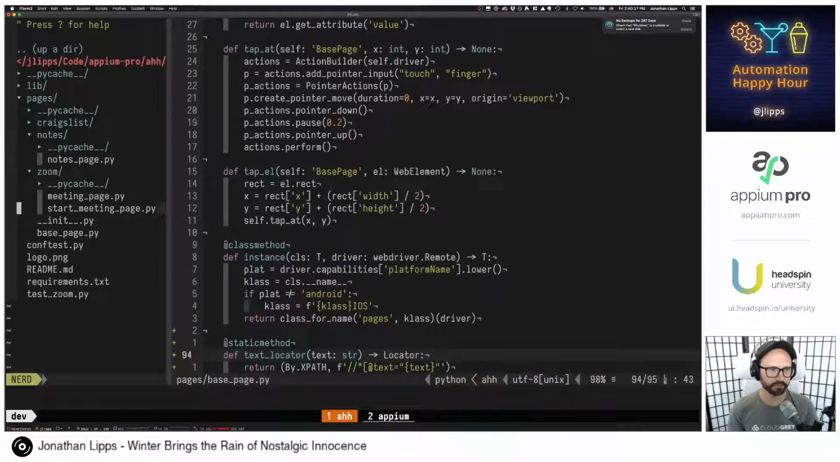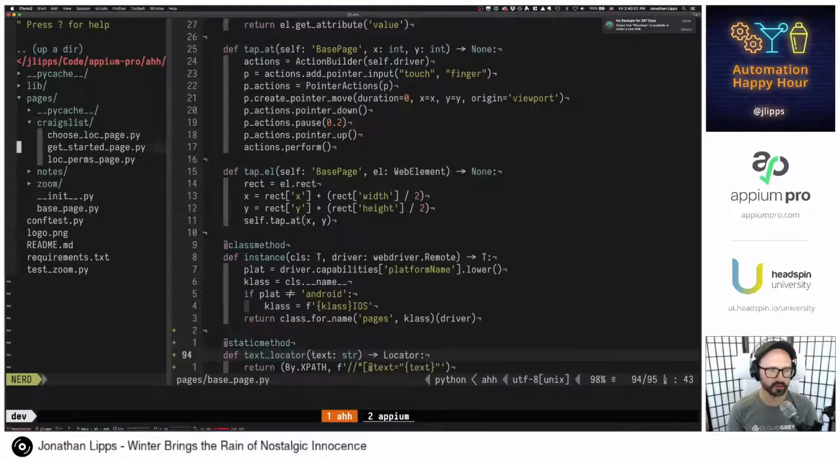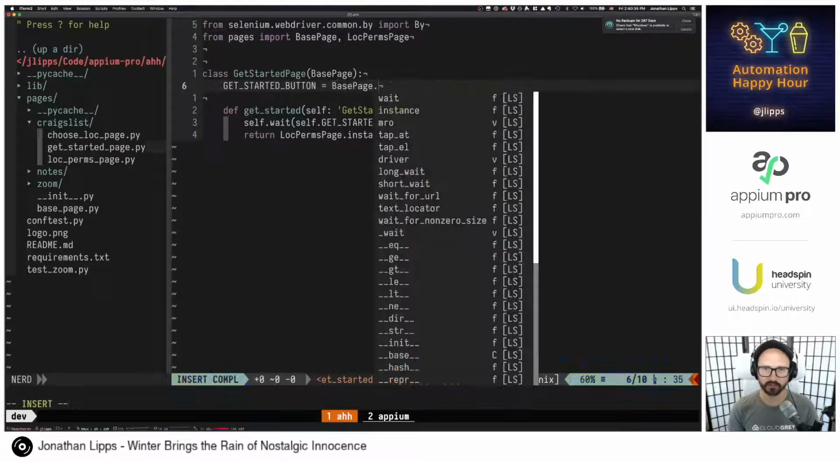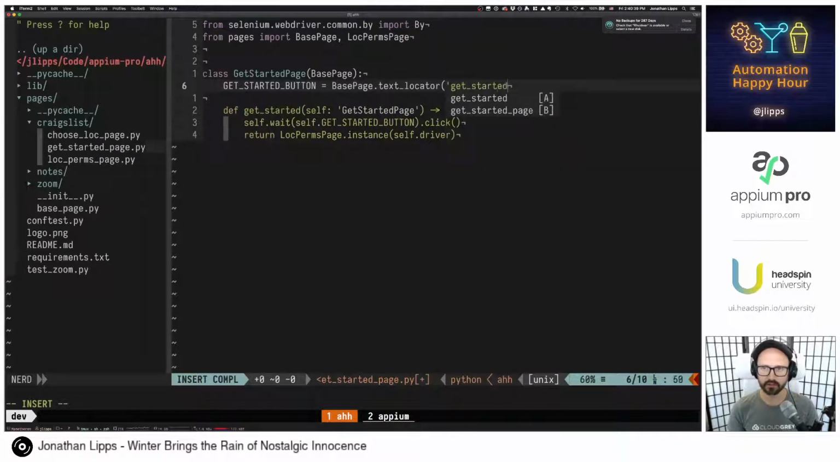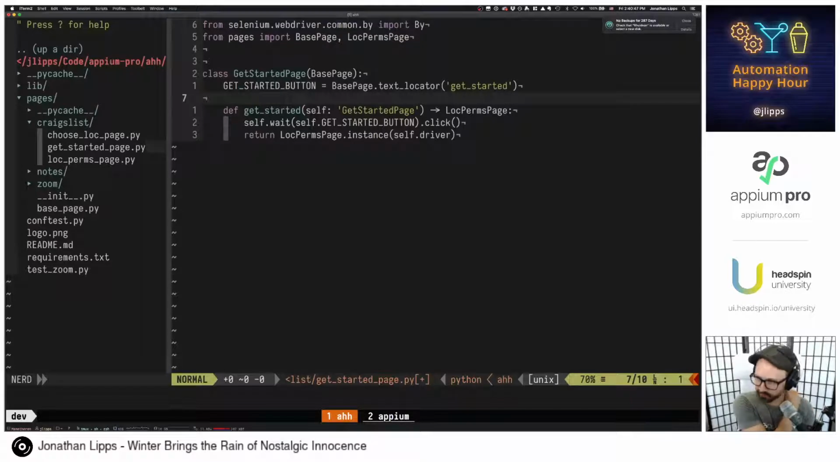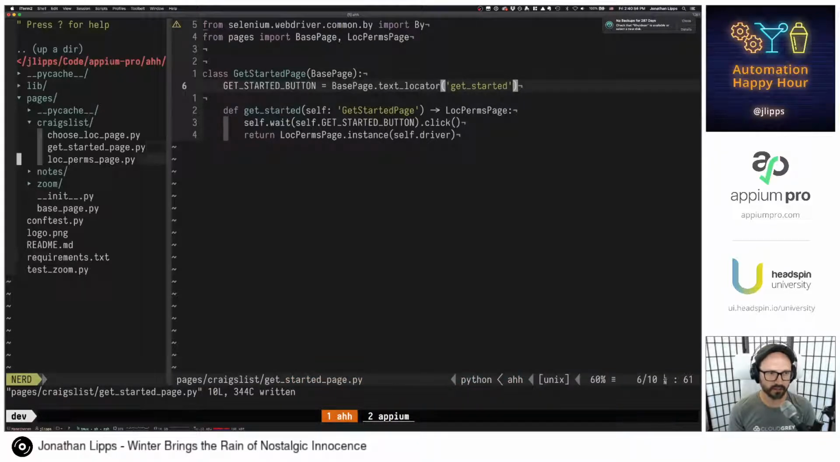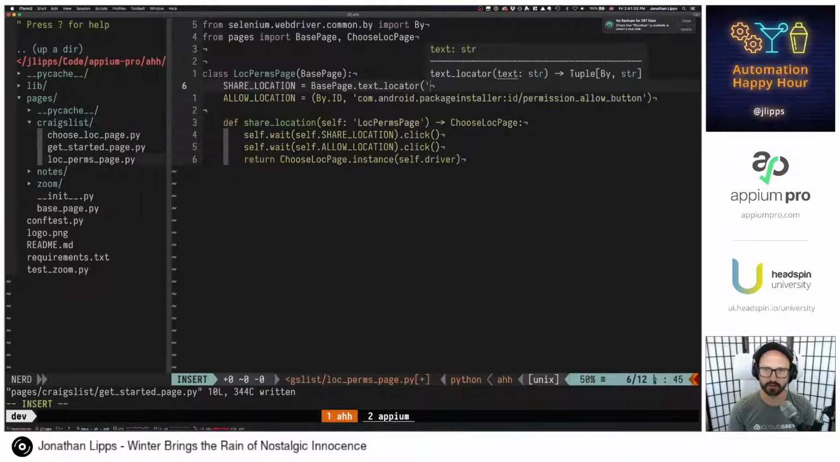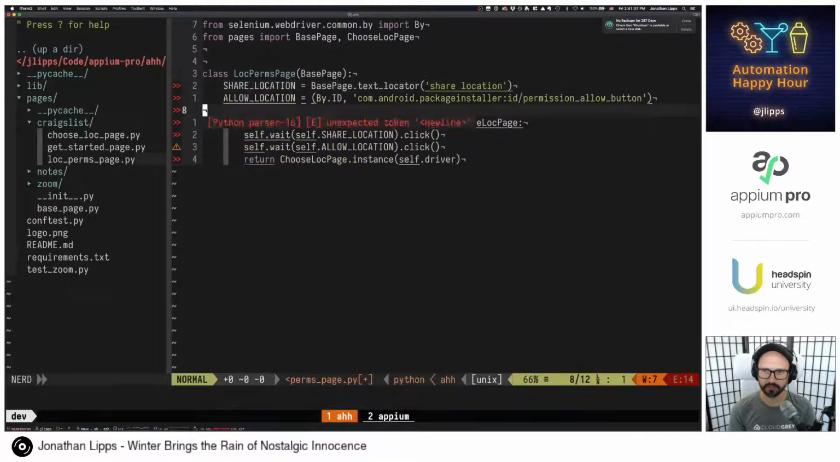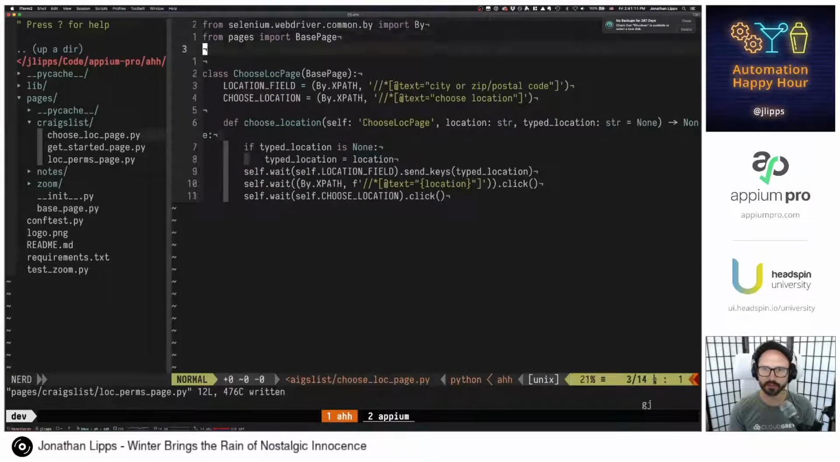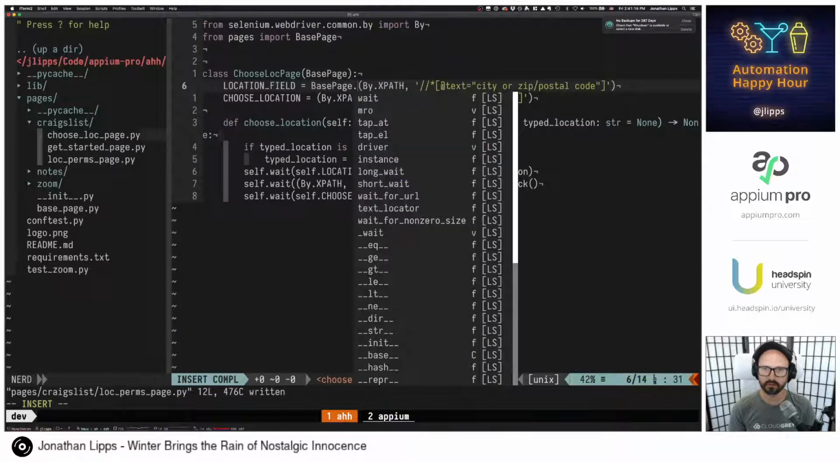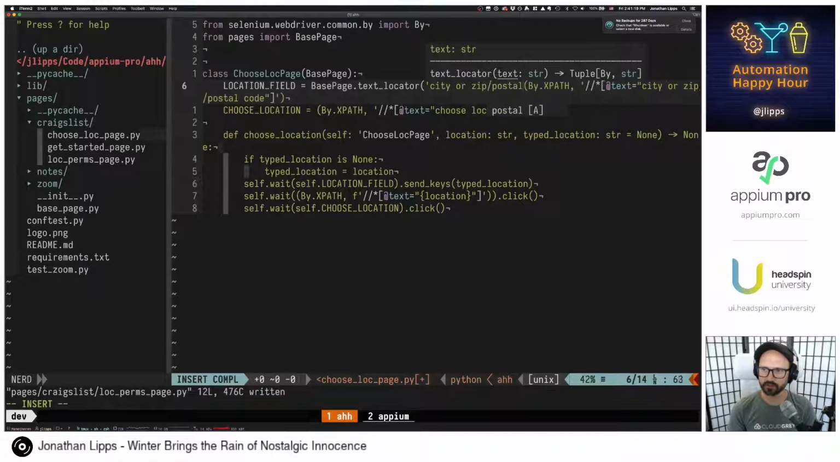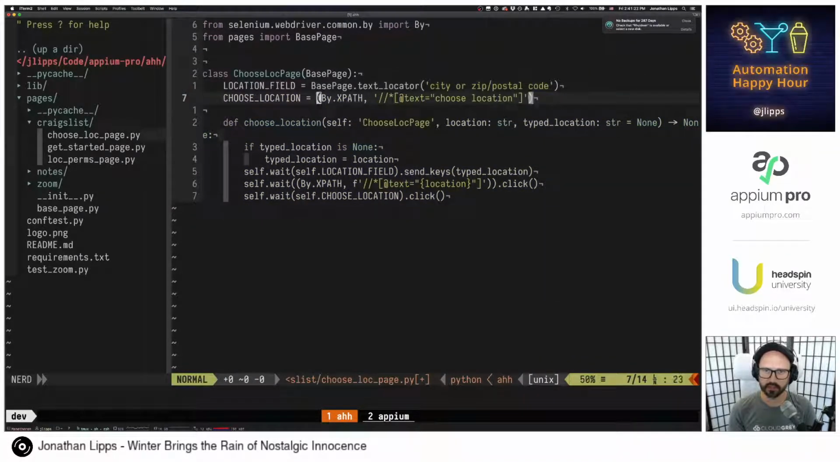So now we can go back to all the different places that we've used this. Get started page, and now we can just say base page text locator, get started. We don't really save a whole lot of typing, but we do save having to change our XPath if somehow that logic changes. The next one is the location permissions page, and this is base page text locator, share location, and then the choose location page. So this one was called text locator city or zip/postal code. And this one